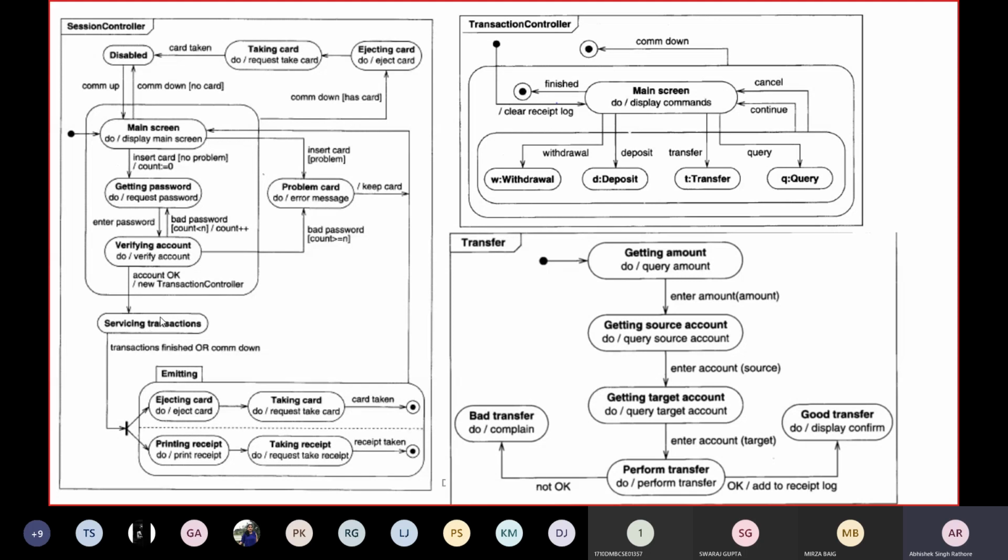When we have this service transaction, we have just created another object. So this should be consistent: you get some values, you finish your transaction, and then after finishing your transaction you come here, so that you make sure it is consistent with another state diagram.